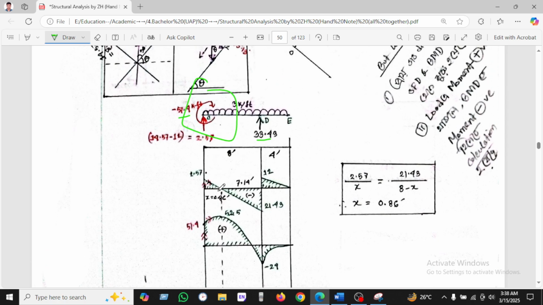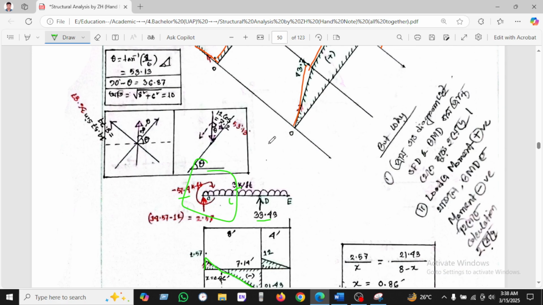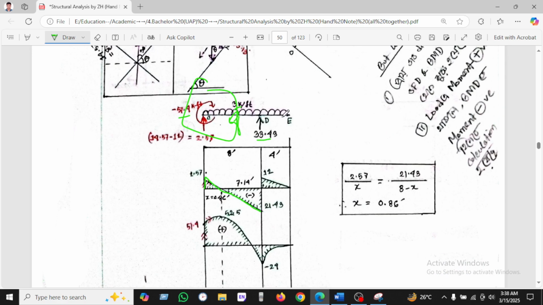So after the calculation, we've been taking the shear force upward, and then it will be downward, which is 3 into 6. As we know the distance is given here, 8 and this is 4. So this will be 8 and this will be 4. So 3 into 8 will go downward, and 13.3 will be upward, it will be 12, and we know 3 into 4 is 12, so it will be 0. We've found the positive